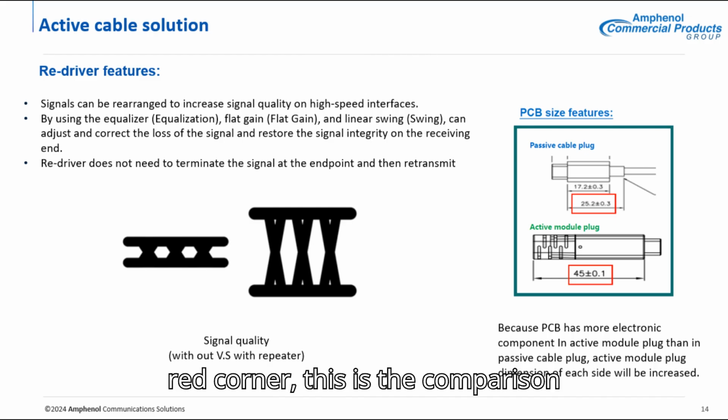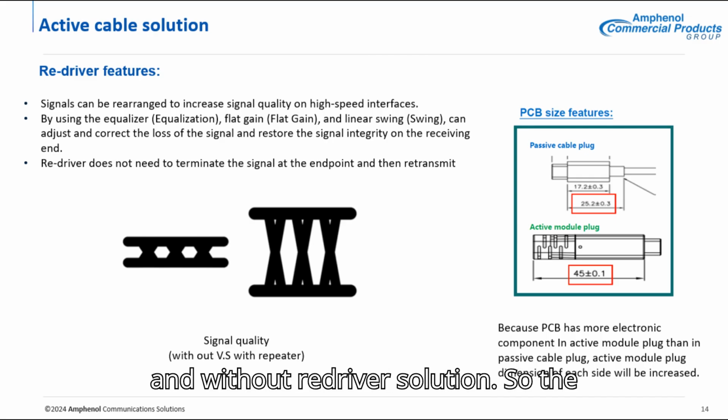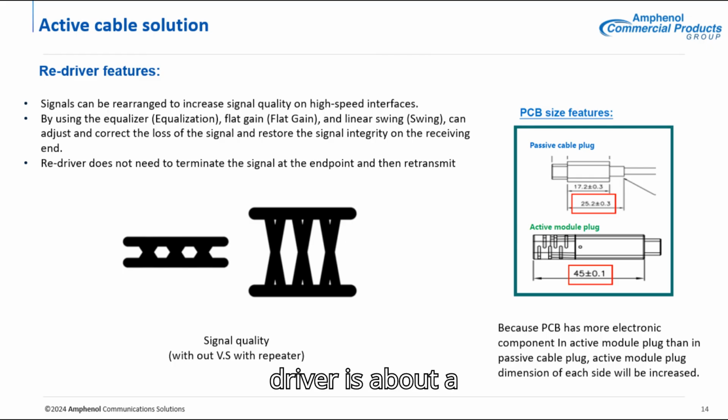This is the comparison between the solution with the redriver and without the redriver. So the total length of the paddle card without redriver is about